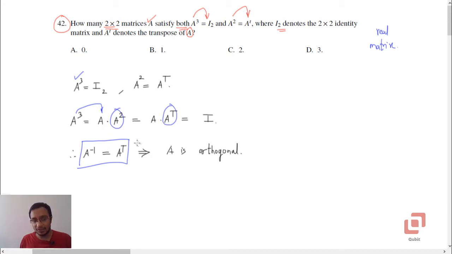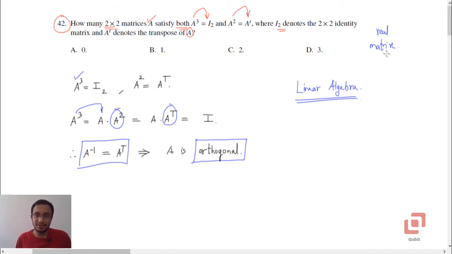And in matrix algebra, or specifically the parent subject is linear algebra, of which matrix algebra is a branch. So in linear algebra, when you have a square matrix whose inverse is equal to its transpose, we call it an orthogonal matrix. You will study orthogonal matrices, orthonormal matrices, and unitary matrices which have complex entries in linear algebra, but at this stage it is enough to know that by definition, whenever A inverse is equal to A transposed, we call A an orthogonal matrix.